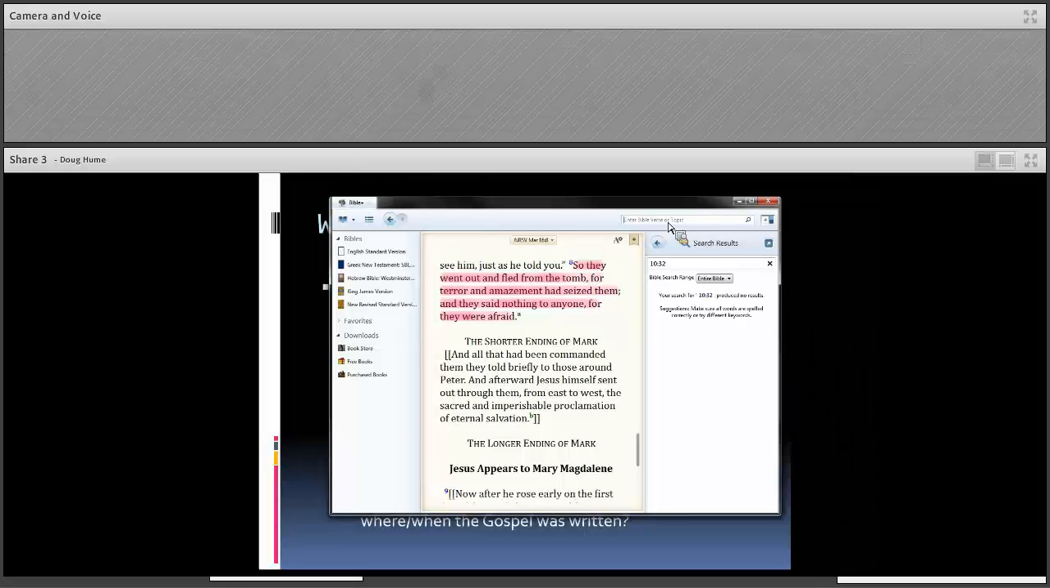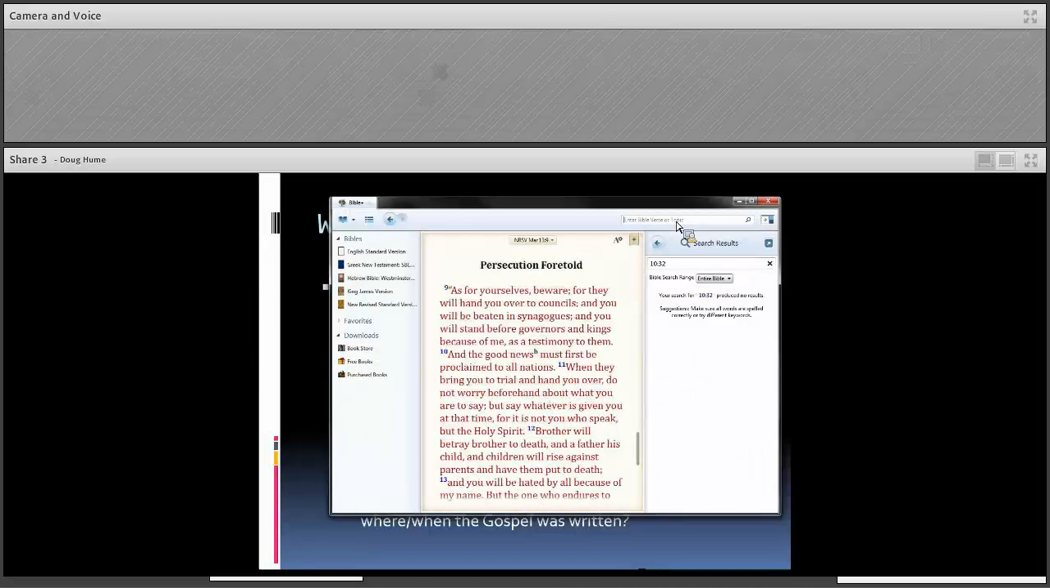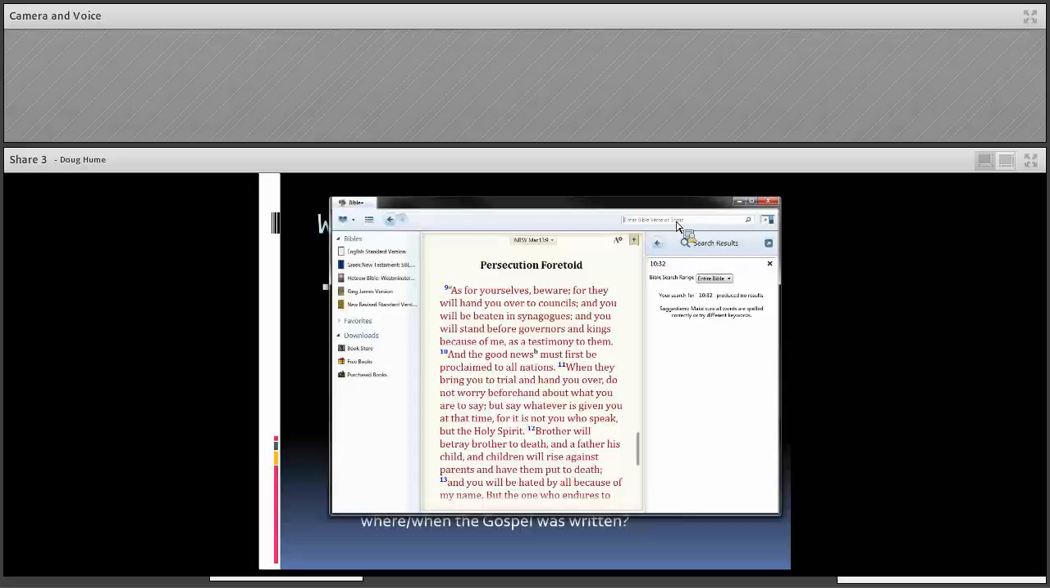And then if you read 9:30 through 37, I think probably the most illustrative one is Mark 10:32 through 35. I'm sorry, Mark 13. I wanted to go to Mark 13:9 through 13. As for yourselves, beware, for they will hand you over to councils, and you will be beaten in synagogues, and you will stand before governors and kings because of me, as a testimony to them. And the good news must first be proclaimed to all nations. When they bring you to trial and hand you over, do